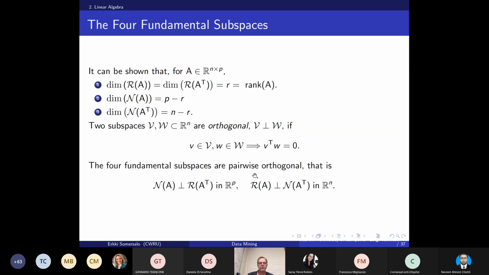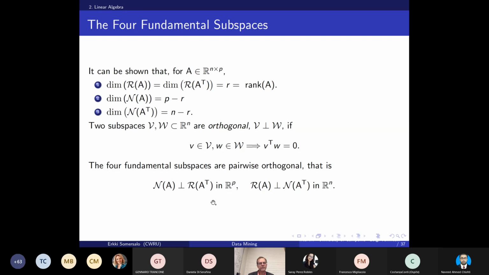And the same is true for the dual picture. If I take the range of A and the null space of A transpose, those are two subspaces in Rn. And again, if I take a vector from one space and a vector from the other space, those vectors are automatically orthogonal to each other. This means that Rp and Rn can be decomposed